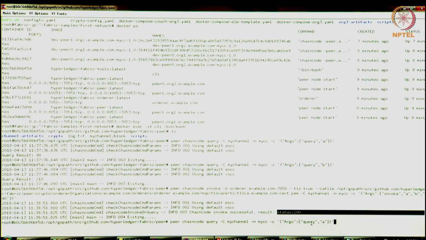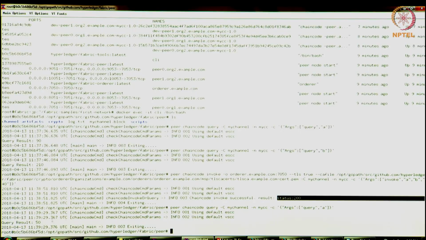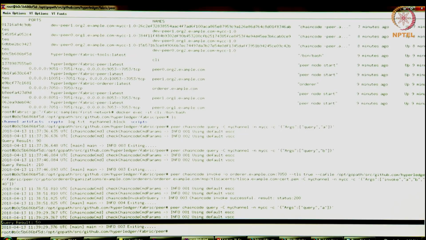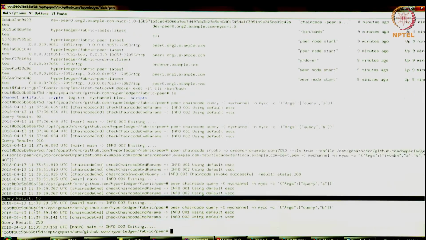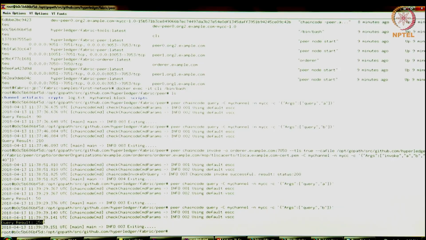So let's query now for the account balance for A. You see that it's now deducted by 40. We transferred 40 from A to B, so from 90 it came down to 50, and we can see that B has gone from 210 to 250. So that's the atomicity. Either both accounts will be updated or neither will be updated. So if it fails, then the account balances will remain what they were before. It would have remained 90 and 210 if this transaction had failed.